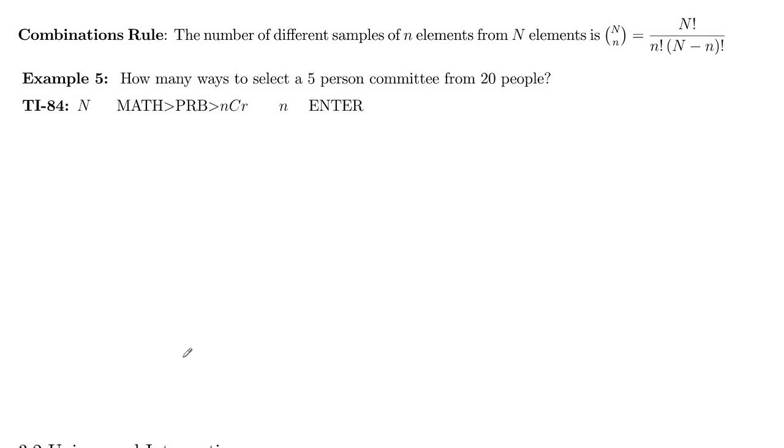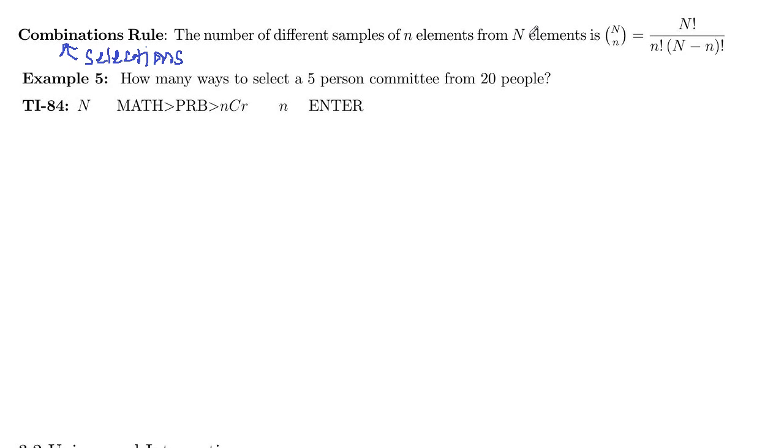So sometimes we want to be able to count the number of selections or samples. And we do that using what's called the combinations rule. Combinations here is just another name for selections. So when you want to count how many possible samples you could have, so the number of different samples of